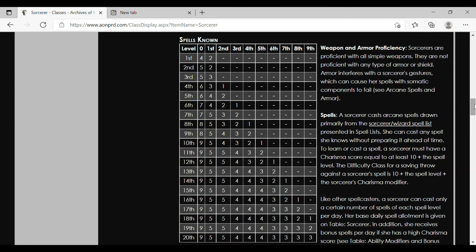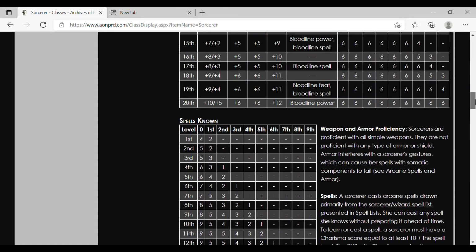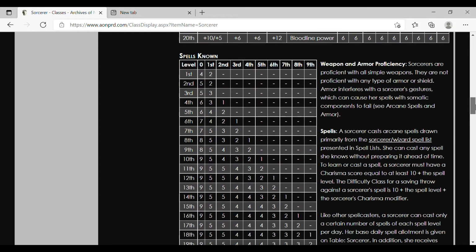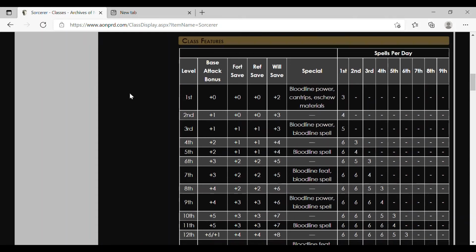If it's your first time playing a spellcaster, definitely make sure that you're getting the right information from the DM that's running your game, because it can be kind of tricky playing a magic user for the first time. If this is not your first rodeo, fantastic. You know what to do from here. That's your spells known on one side, and your spells per day, which should be listed on the other side. When you go to your spell save DCs,